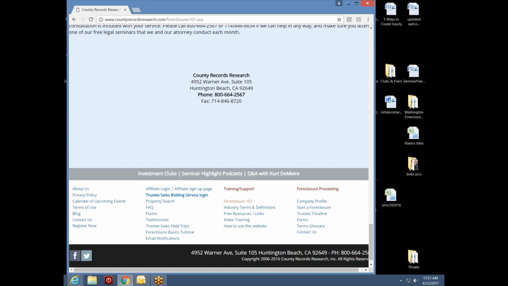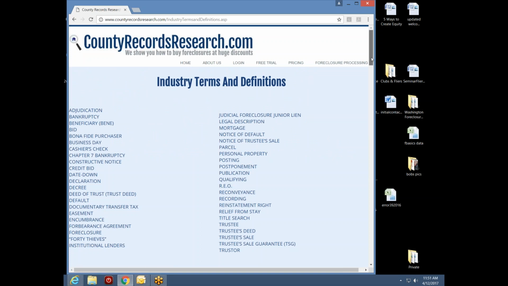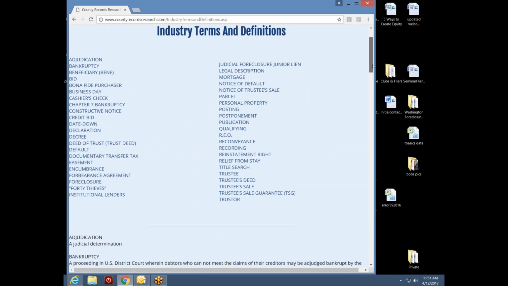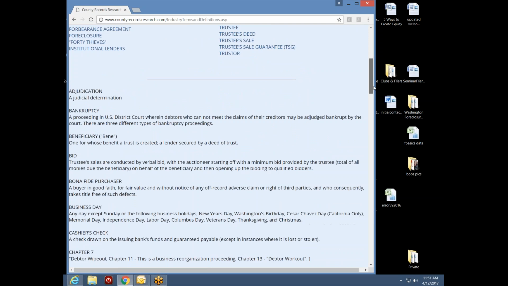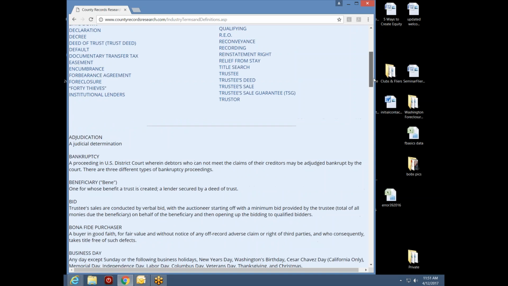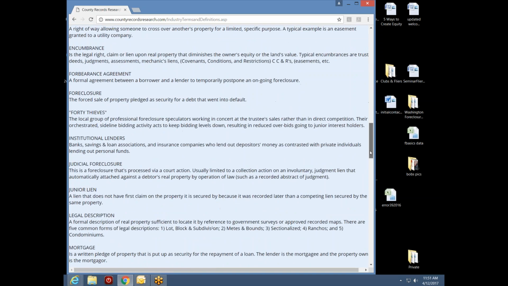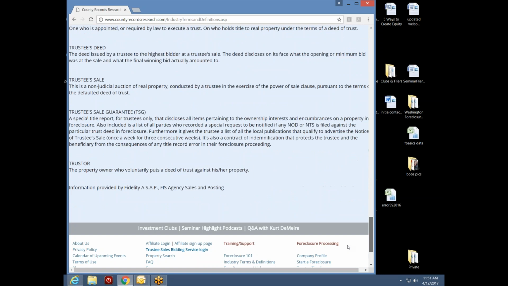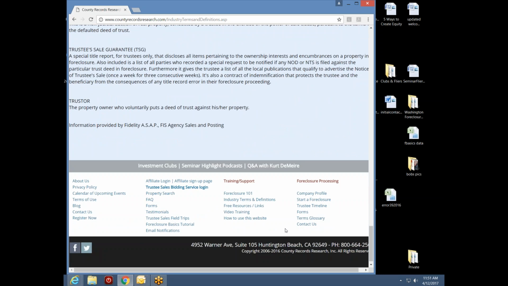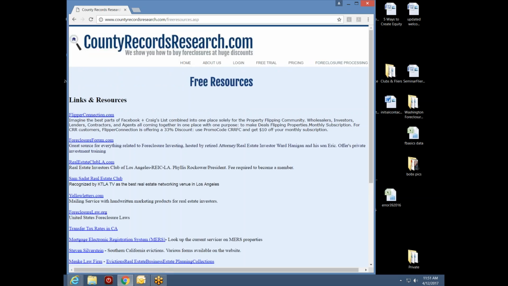Okay. Below that, Foreclosure 101 is industry terms and definitions. This is a simple glossary that we've taken that includes a lot of the main terms that you're going to come across in our explanations. So we want to make it available to you 24/7 so that if you have a word or a phrase that you come across that you're not familiar with, you can jump right to our industry terms and definitions and look that phrase or term up and have a better idea of what we're talking about. Again, our focus is instructing you on everything you need to know so that you can use the data more effectively. Below industry terms and definitions is our free resources button.